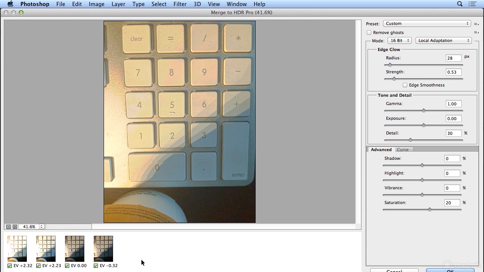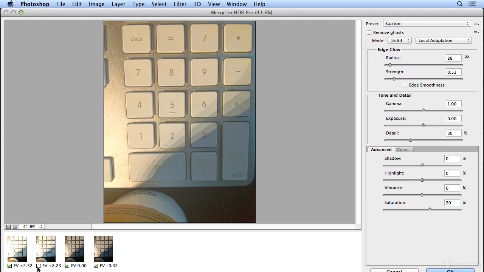So Photoshop's goal with Merge to HDR Pro is to take the best of the shadows, the best of the highlights, and produce one final image. But sometimes they can look a little posterized or oversaturated. If I uncheck this second exposure, you could see before and after, and I'll experiment by turning exposures on and off to see if I need them. I think turning this second to lightest exposure off